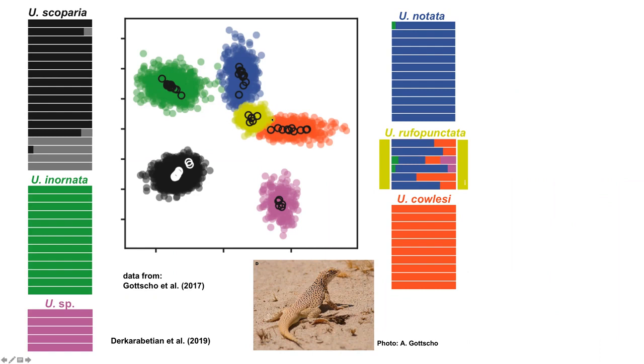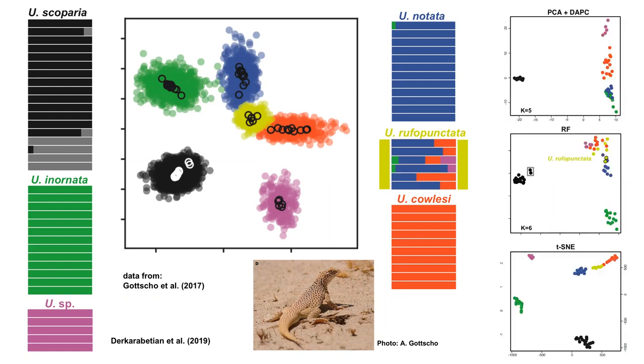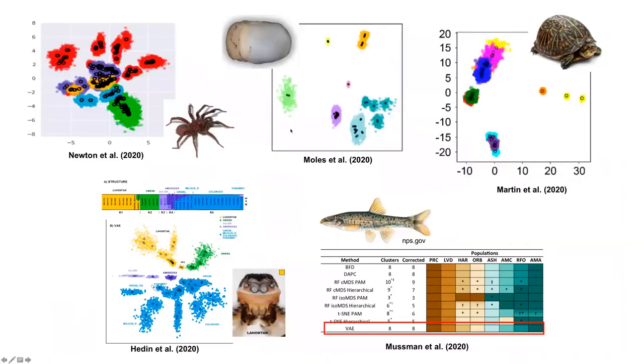So you can see it falls directly in between the two parental species and the standard deviation overlaps, compared to the other approaches, where principal components analysis didn't even identify this hybrid. RF, random forest, did a little better, but not perfect. And t-SNE had a very similar representation, but again, no standard deviation. This approach has been used quite a bit in various taxa that vary in their number of legs. People are finding it useful.